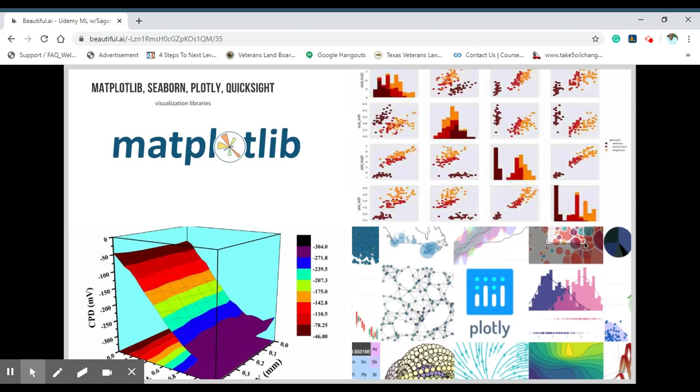Matplotlib. So we've talked about that as well. We actually used it in the previous lectures. And Seaborn, we use that for our heat maps. Plotly is something that you can test on an open source basis. It's very similar to Seaborn, but they have some really interesting user interaction features that are great. And you do have to pay for some of the more advanced features.